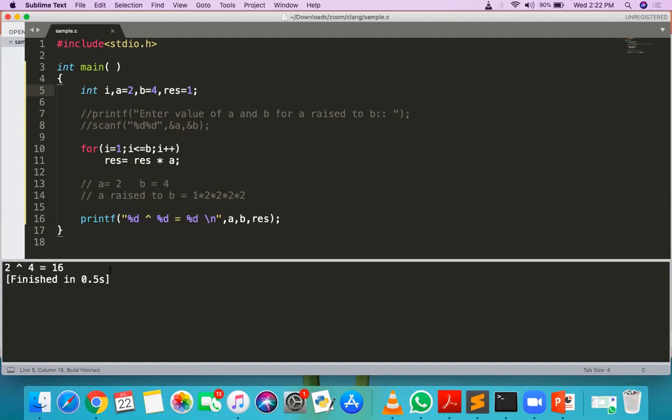Sir, instead of 2 raised to 4 is %d, can we directly give A and B instead of %d here? Okay, just check it. What happened?